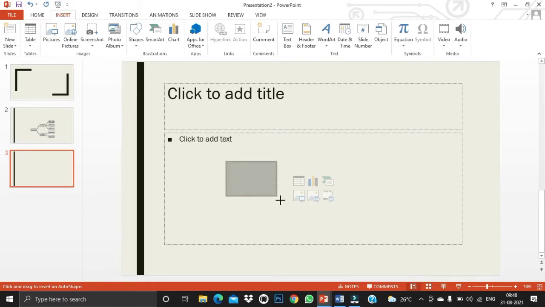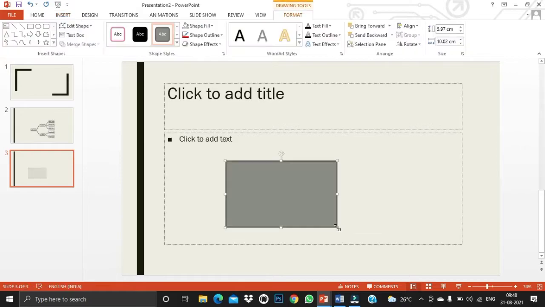I'm just dragging. I got a filled shape. Did you see here? I got a filled shape. So if you need only an outline diagram, I didn't need this filled diagram. I just need an outline of the shape, which means you just select the shape and go to the